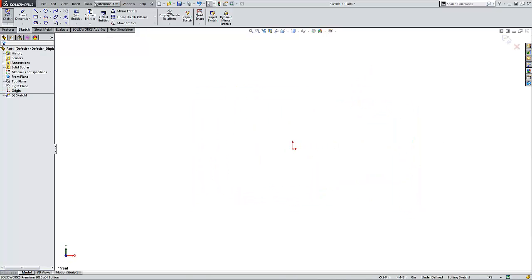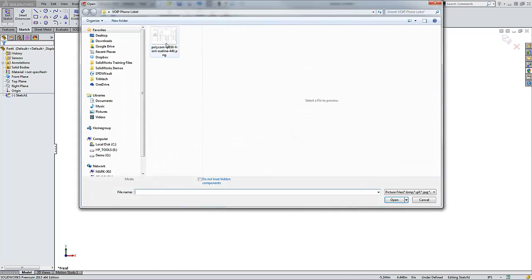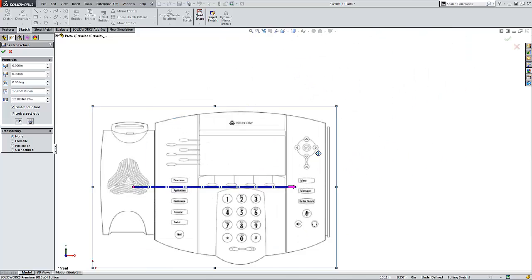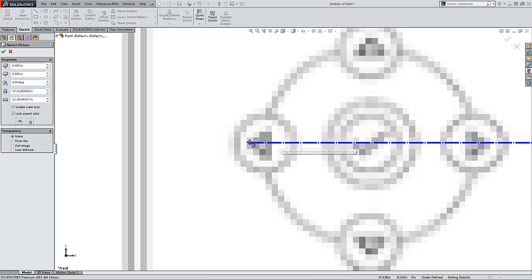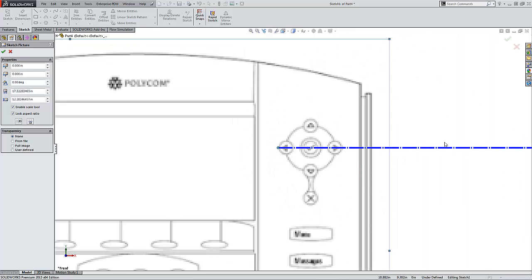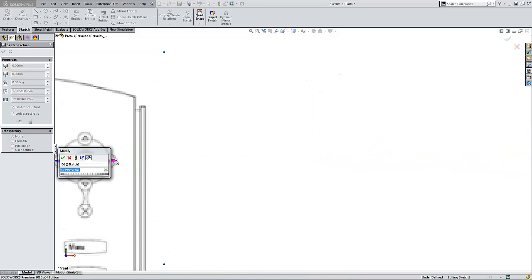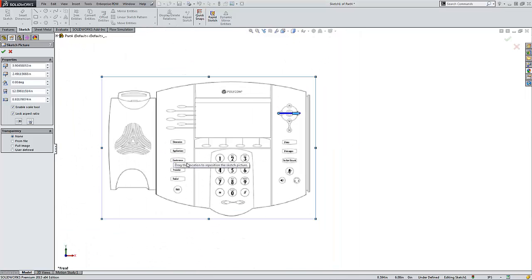I'll need to start a new sketch and then go to Tools, Sketch Tools, Sketch Picture. From here I can select the image that I want to scale, and I'll use this built-in scale tool, the blue line that goes across the screen, to set it at my beginning point where I started my dimensioning at. And then I'll zoom in and pan over in order to set the end point. When that's complete, the Modify dialog box will pop up, and I'll just input the amount that I measured from